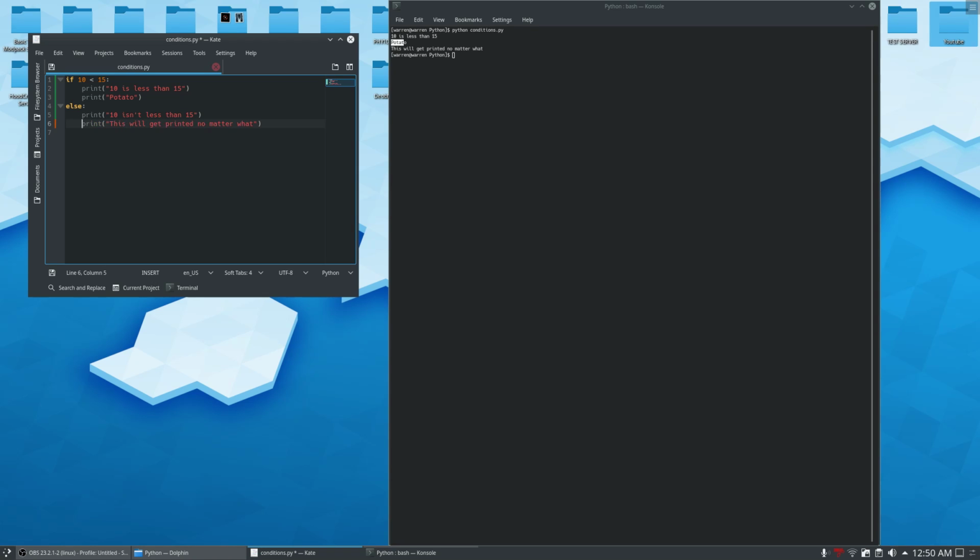However, if I were to indent that, now it's not going to get printed no matter what. So if I rerun that, now you can see that it just says 10 is less than 15 and potato. It doesn't have the this will get printed no matter what line, because this is now part of the else statement, which will only get executed if this were false. But I'll put that back,